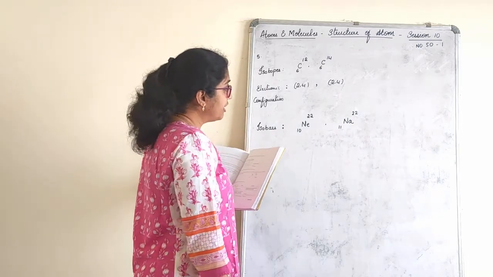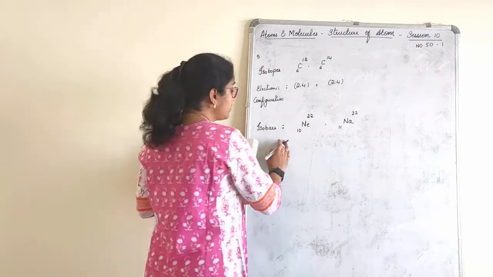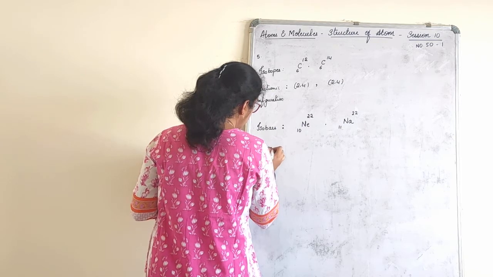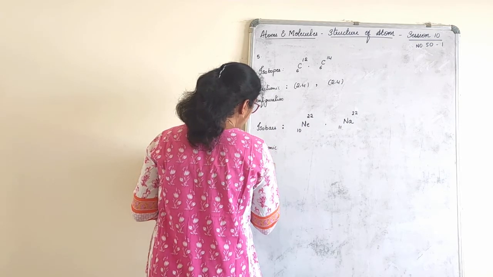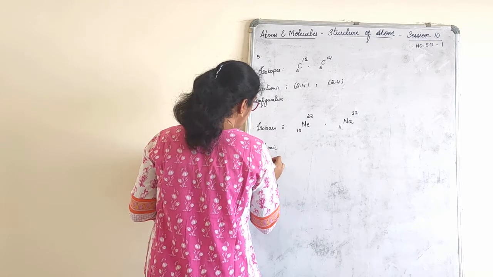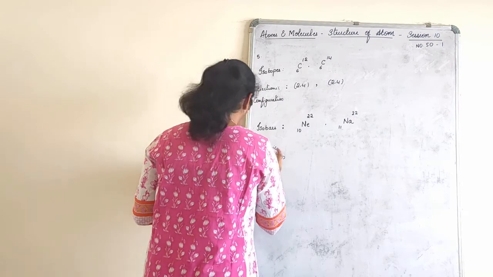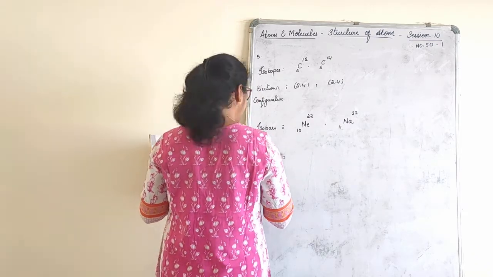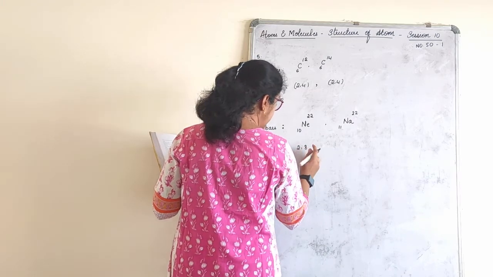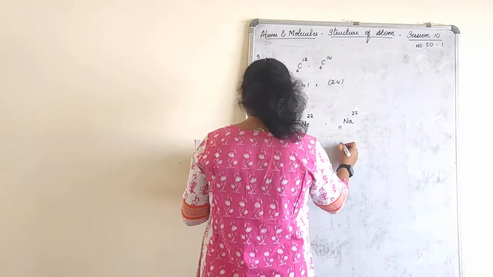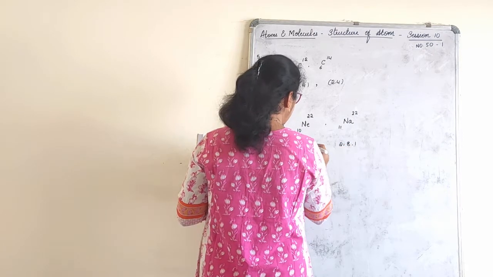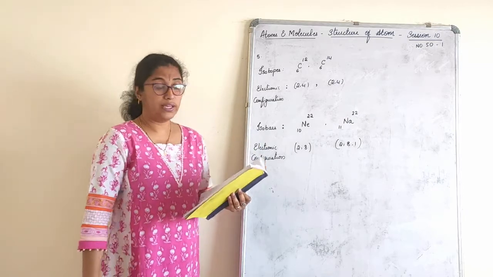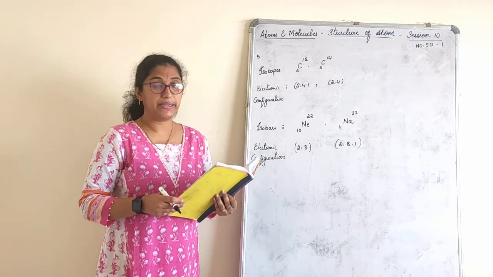So these have different configurations, right? Let's just fill electronic configuration. So here when you write the configuration, this is simple as 2,8 octet structure. Sodium when you write, it is 2,8,1. Very clear on this? This is how we solve the sums. Similarly, we will solve the remaining sums also.